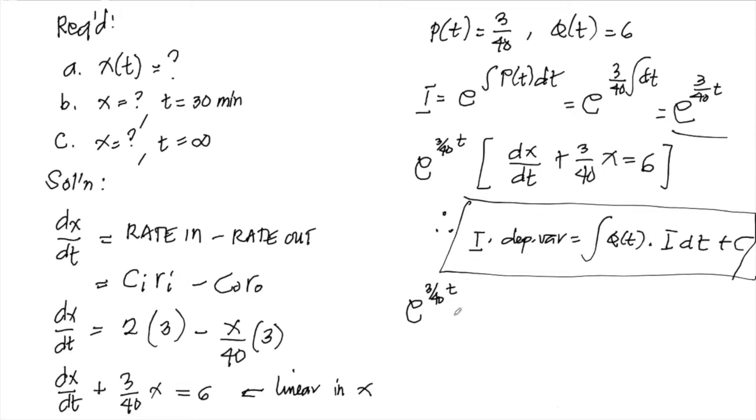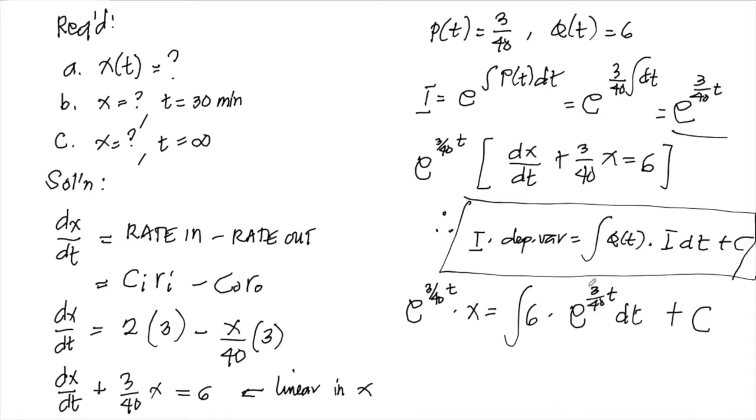X. So times x equals the integral of what is our q of t. Yung nasa right side ng equation natin, which is 6. So 6 times the integrating factor, which is e raised to 3 over 40 times t dt. Okay, plus the arbitrary constant c. Ganun lang yan. So solving for this,